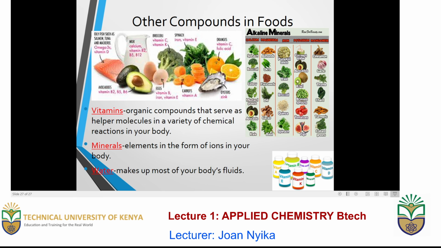Some aspects of our body systems, the enzymes we have, the hormones, the various structures of our body, our muscles, are made up of organic compounds, compounds that contain carbon with other bonds. Therefore, carbon is a very important aspect